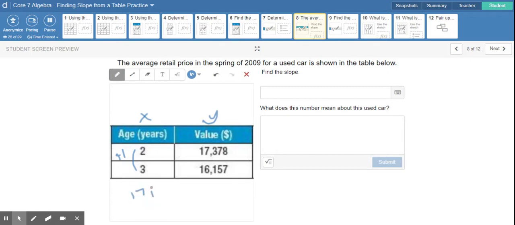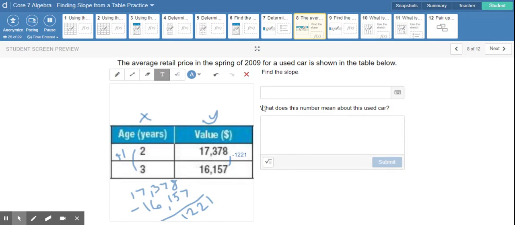So we can do 17,378 minus 16,157. And when we subtract those, we get 1,221. But this is decreasing. So I'm going to use the text box because this is really small here. It's decreasing by, so negative 1,221. This is increasing by 1. This is decreasing by negative